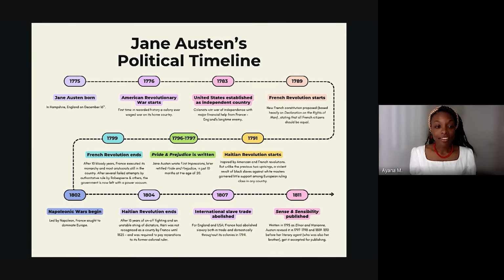Thank you so much, Tiffany, for that overview. Since both Tiffany and I have backgrounds in education, we decided to make things a little bit educational here. So here is our timeline of events that happened during Jane Austen's lifetime. This will also be available in the description box. Don't worry about trying to memorize anything. There's no pop quiz. But we're just going to walk through some of these key events here. And then, of course, you will have it for reference down below.